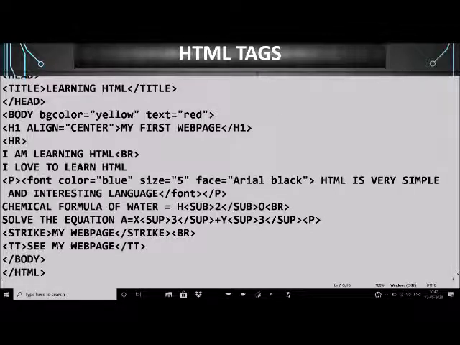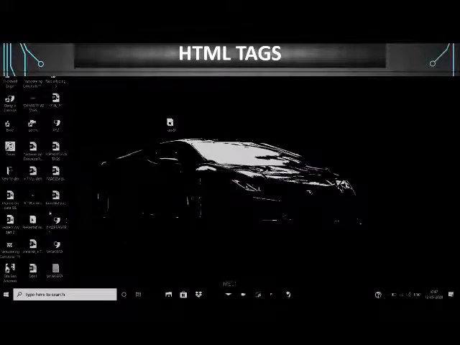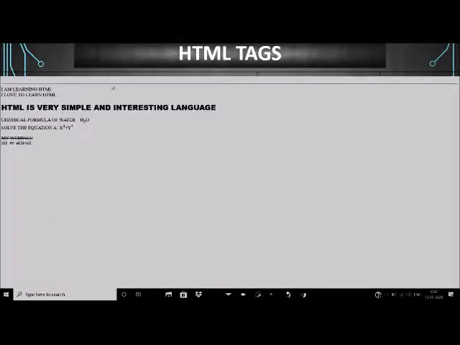If we use this tag without any attribute, then let us see how our web page changes. You can see this thin line across the web page after the heading.